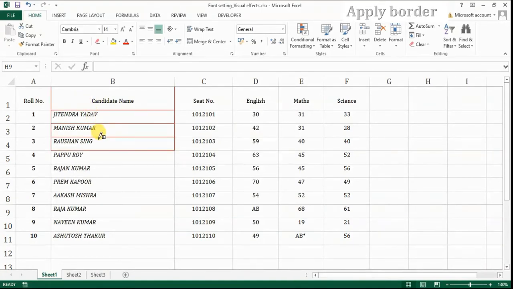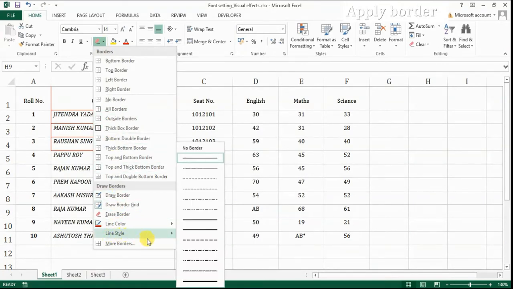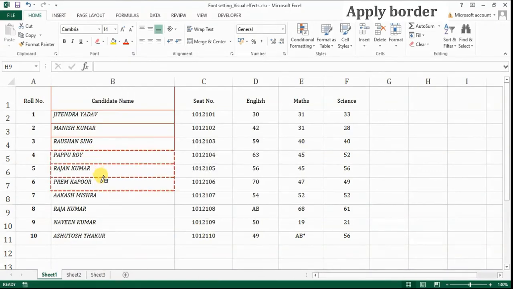See, this is the red color which we choose. To change the line style, use this option, line style, for the borders. Sometimes you want the border style like dash dash dash. See the effect.